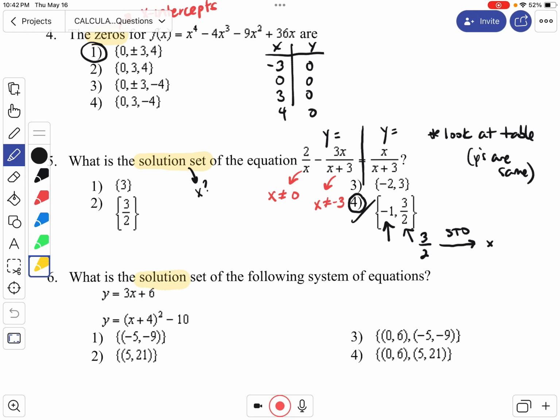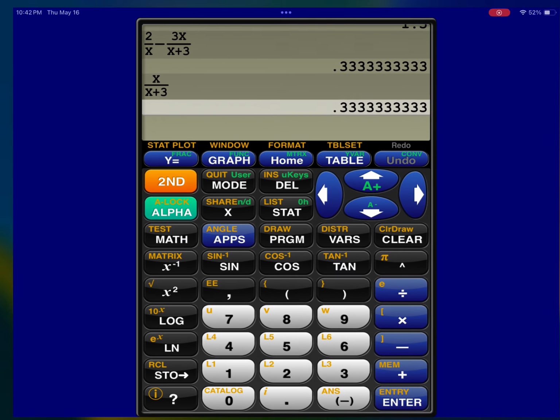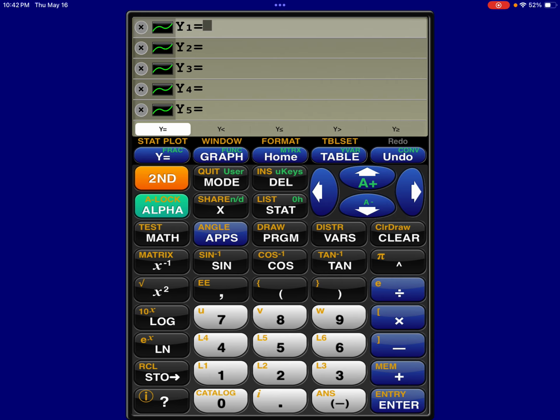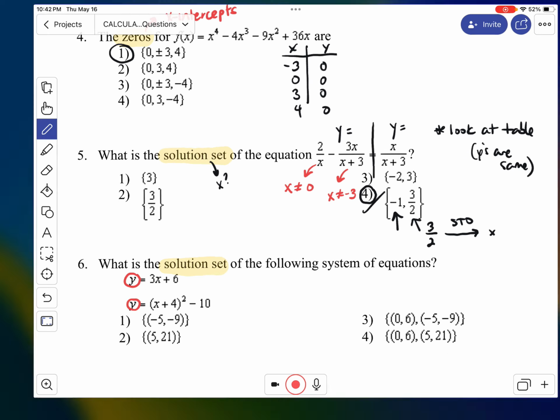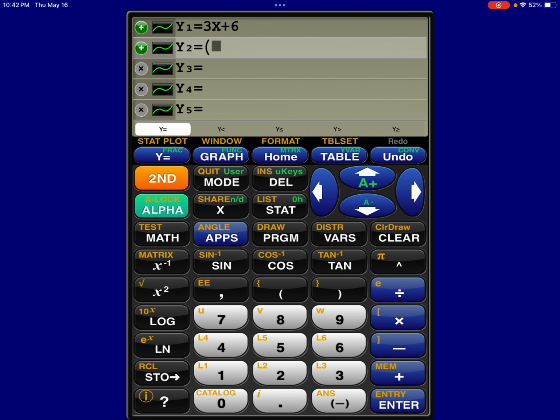Next one is also asking for a solution set to the following systems of equations. So they're actually giving us solutions. So can I use them to plug them in? Absolutely. Now what I'll notice for this one is I actually have equations. So I'm going to go ahead and just plug both of them in and look at my table. So 3x plus 6 is going to go in for one of them. And my other one is x plus 4 squared